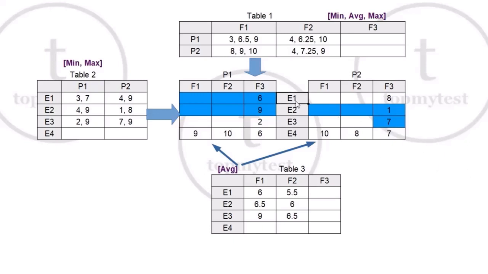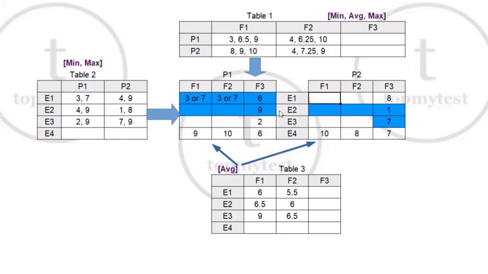Now what else do we have? In E1, we know the minimum, maximum here. Similarly, I know the values here. If you observe, the minimum should be 3, maximum should be 7. But neither 3 nor 7 is known here. We know the third value, but we don't know the minimum or the maximum. So one of them should be 3, other should be 7.